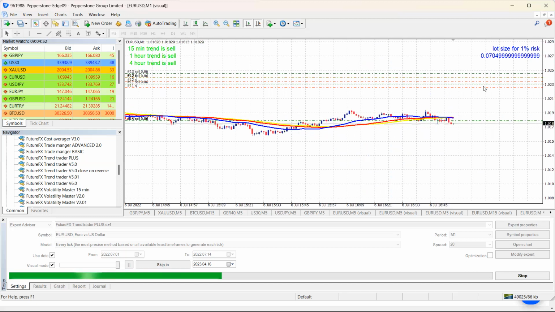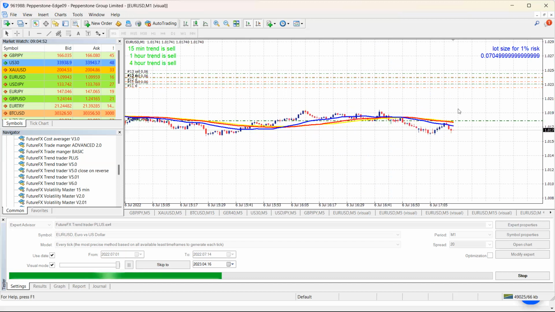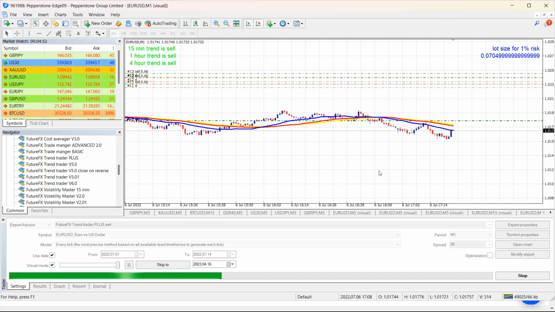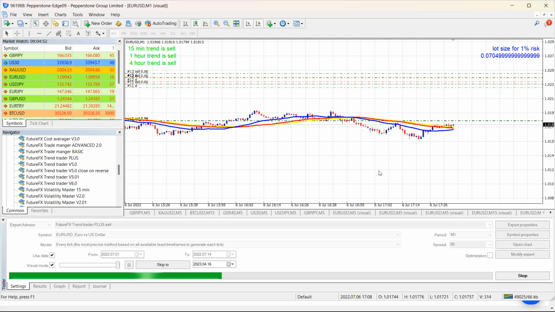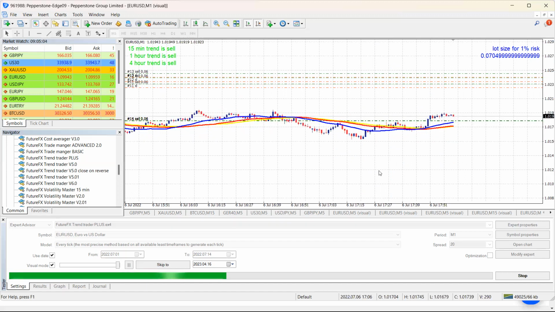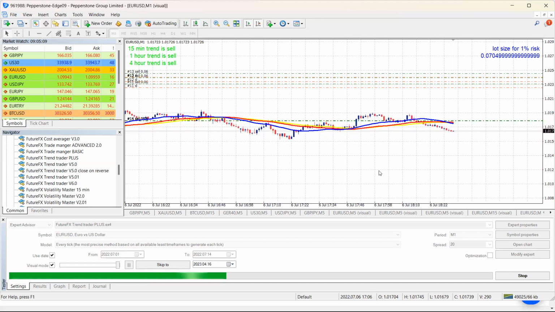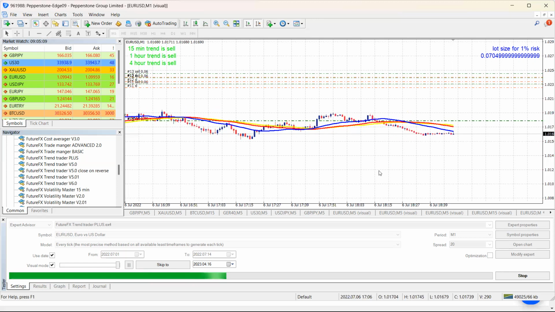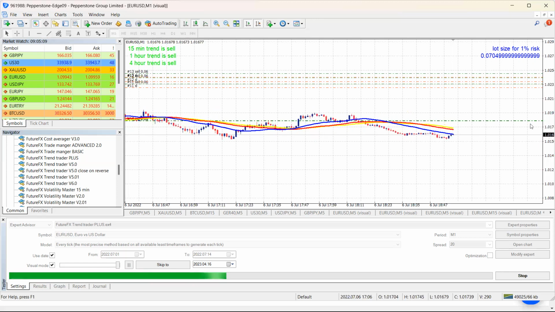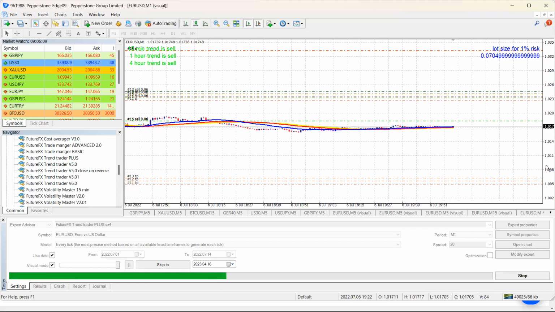One, 2, 3, 4, 5th. I think we've got all 5 trades open again. These 3 are in profit lock. Still a fair way down to any more take profits, but